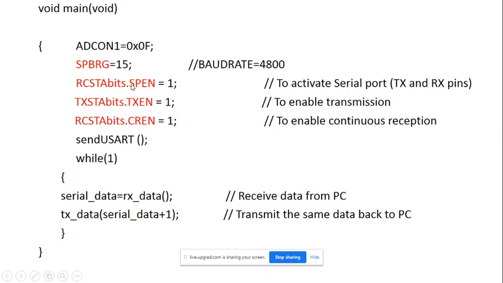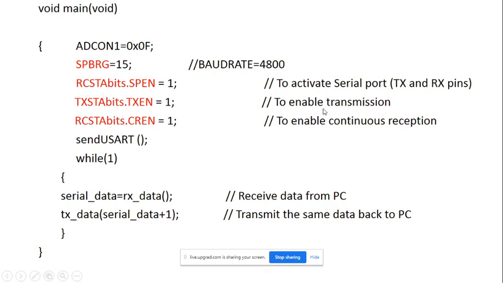Okay, then next you enable the serial communication, and that's why we set SPEN equal to 1. This SPEN, the serial port enable bit, is located where? It is located in RCSTA, the receive status and control register. Okay, and that's why we write this statement.